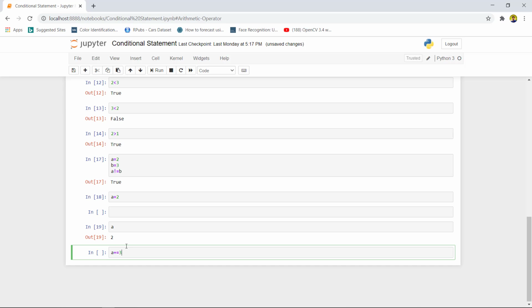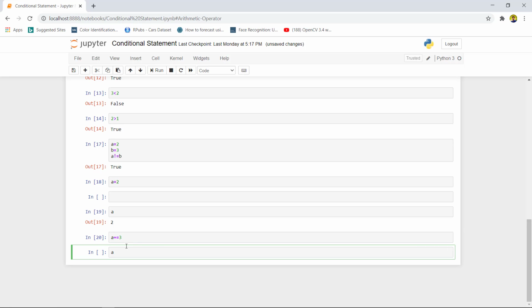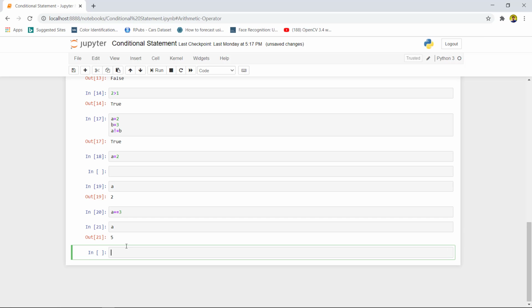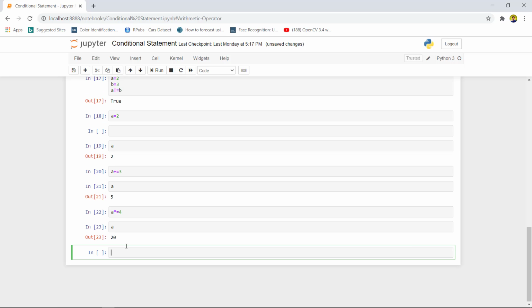It will sum the previous value with 3. So now a is 5. Similarly you can use a multiply equals 4, it will multiply the previous value of a. As we can see, it gives the output 20. You can do similar with multiplication, addition, subtraction, exponential or modulus.